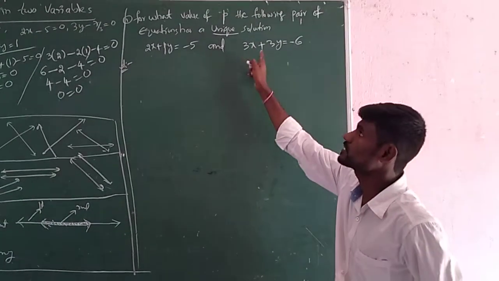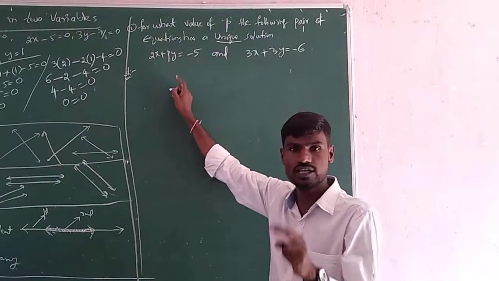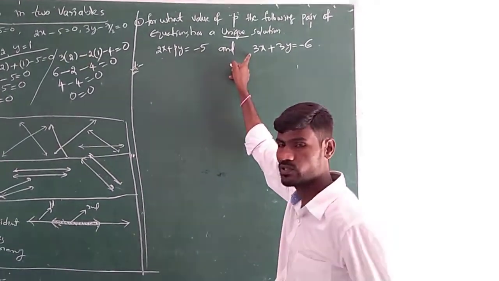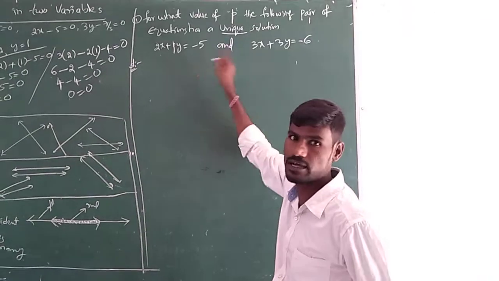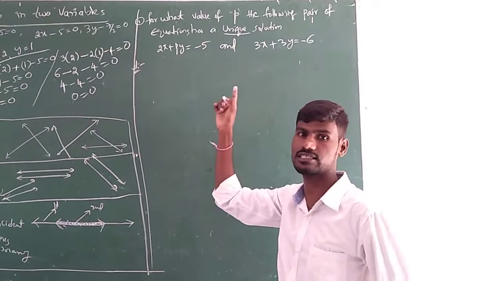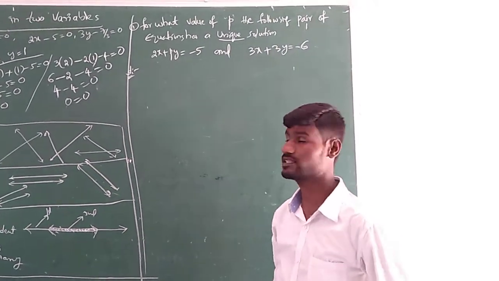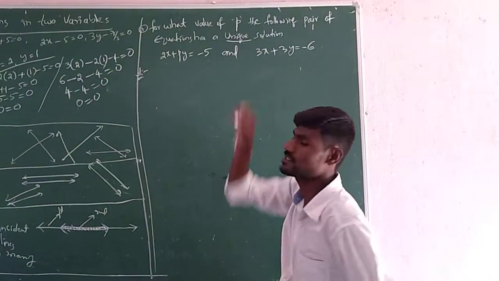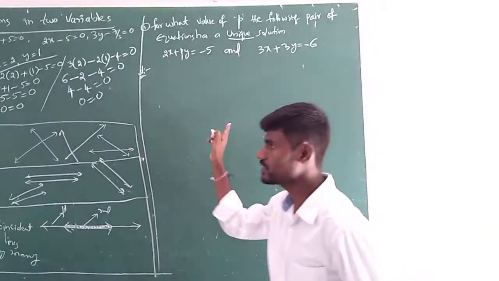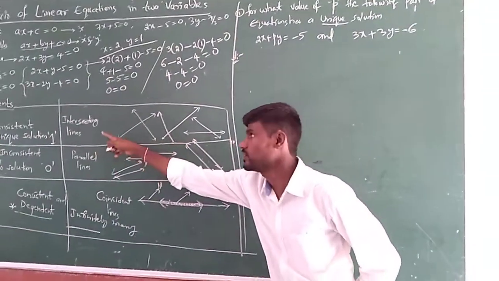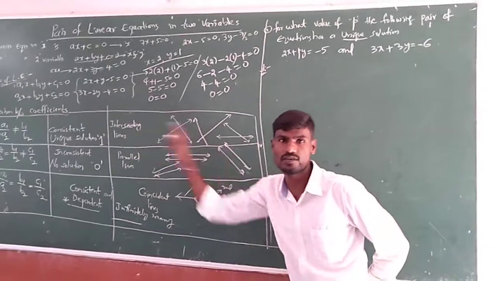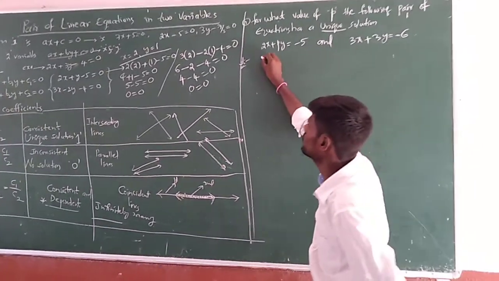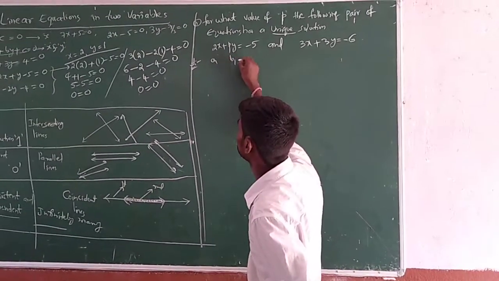Okay, for a unique solution, they will give two equations to you and they may ask about different types of solutions: whether they have a unique solution, dependent lines, parallel lines, consistent or inconsistent. In that case, how can we solve? Let us see here. What is the condition they have mentioned here? Unique solution. So, as per the table, unique solution means what? The first case, no? A1 by A2 not equal to B1 by B2. Let us consider what are A1, A2, B1, B2. So, A1, B1, C1.